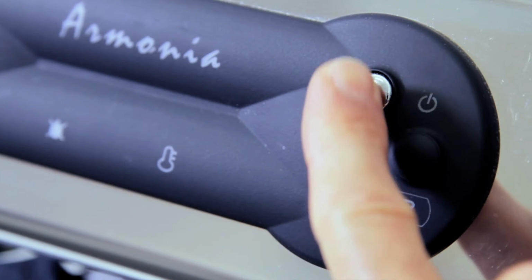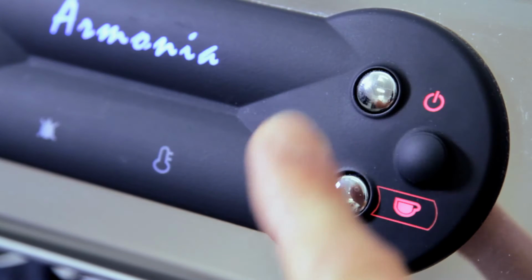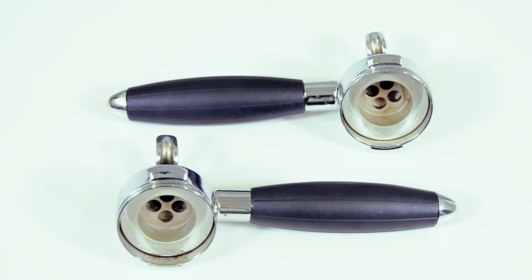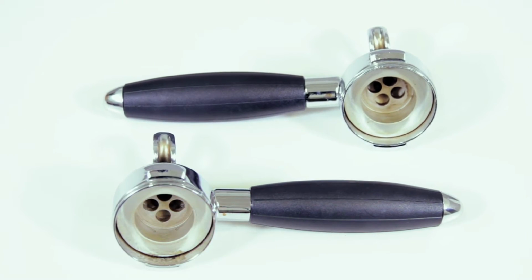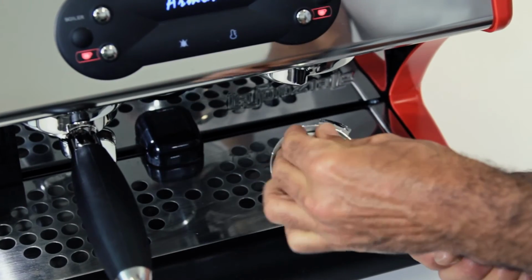To switch the machine on, press the start button again for at least 3 seconds until the touchpad lights up. Now select the coffee delivery kit you prefer. With S1 ARMONIA you can use coffee capsules,